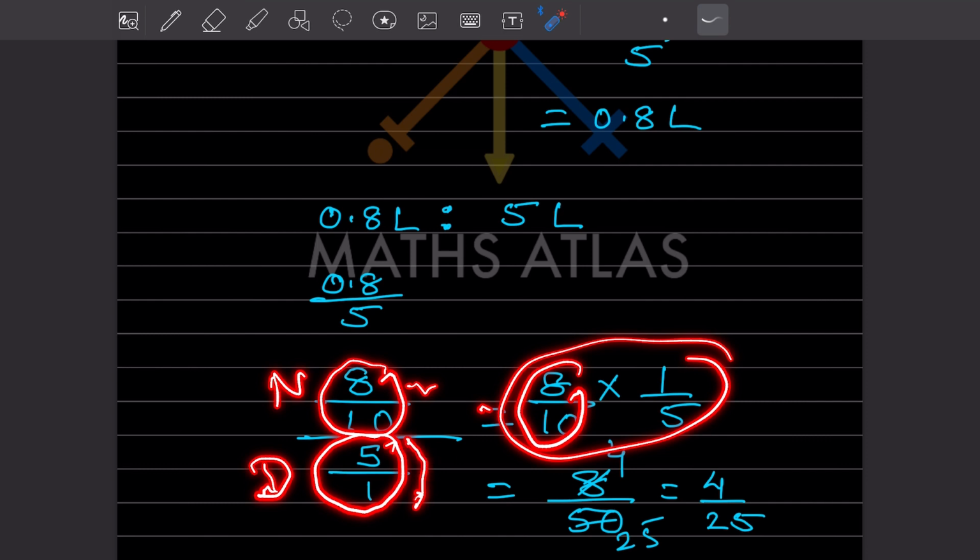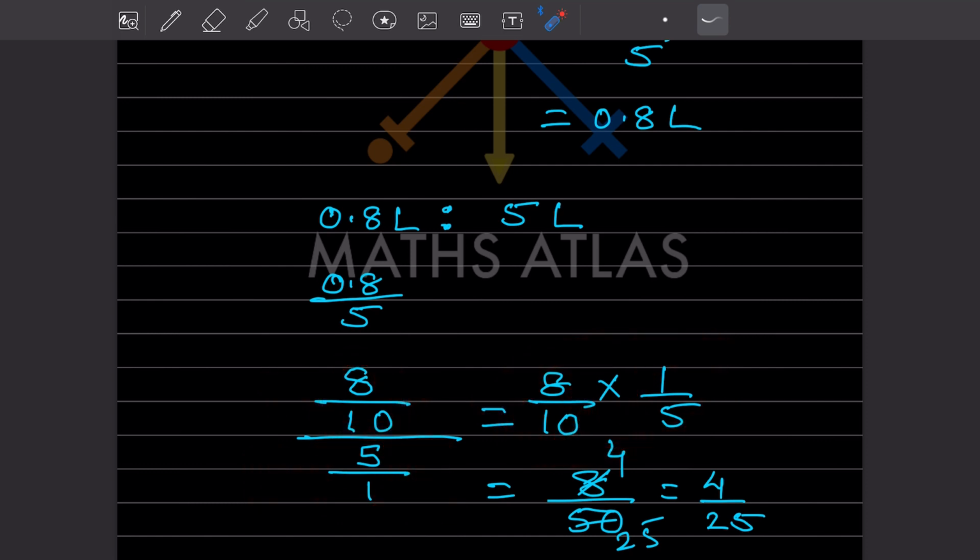So this will become the reciprocal. It means this 1 is going to go up and 5 is going to go down. So can you see here? 1 by 5. Hope you got this one. This is very important. So now look at here. Now we can write: